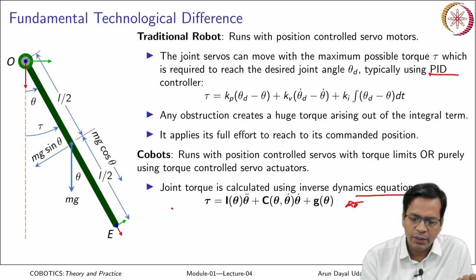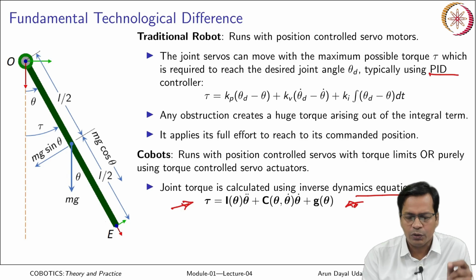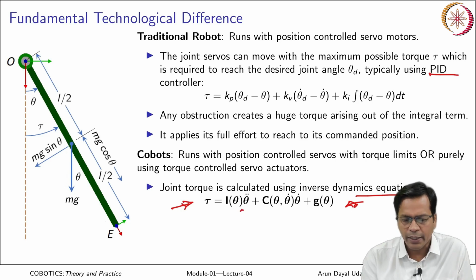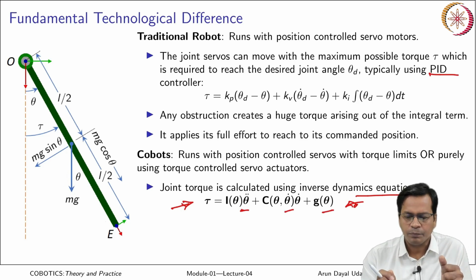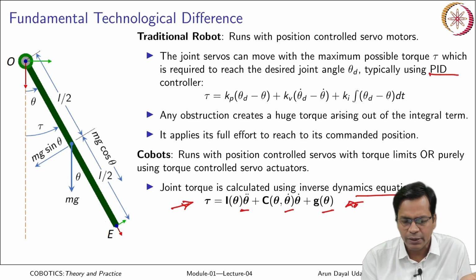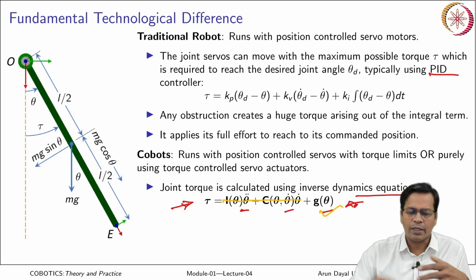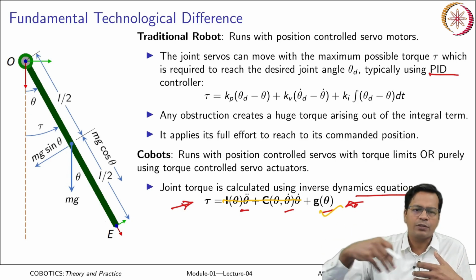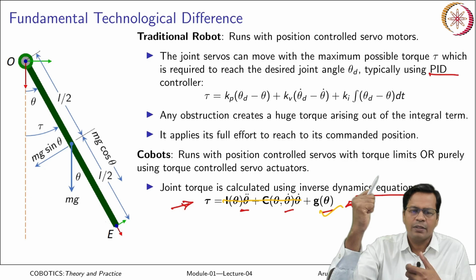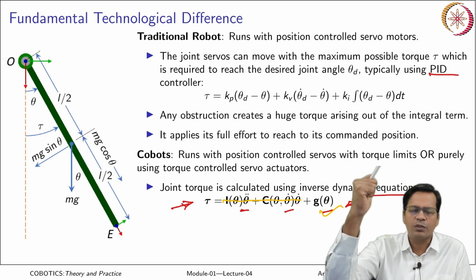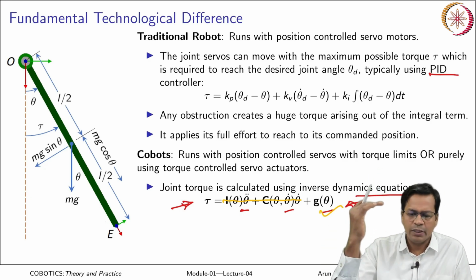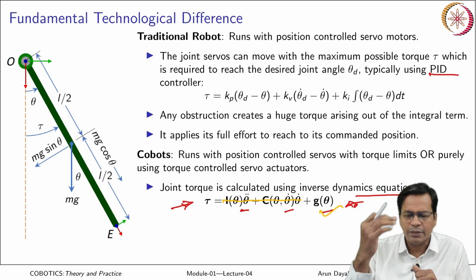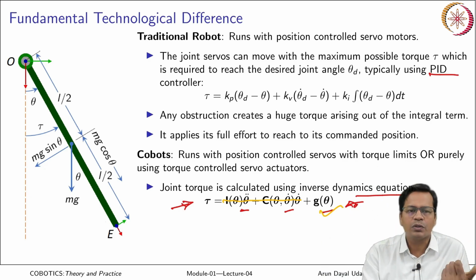Okay. So yes, this torque goes to the robot joint corresponding to the joint acceleration, joint velocity, and joint angle that you want. So this is the torque that should go to the joint. Even when the robot is stationary, the first two terms go to 0, and only the last term, due to the gravity torque, continuously has to go to the joint in order to stay there, because brakes are not applied and the robot is free to swing like a pendulum, like a serial chain pendulum. So in that case, this much torque continuously goes to the robot.